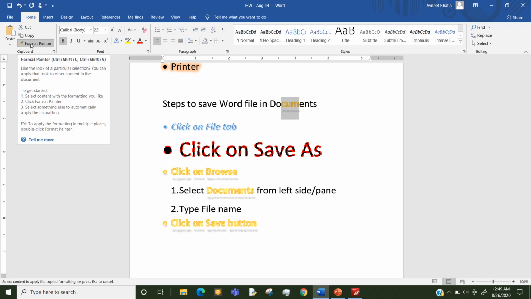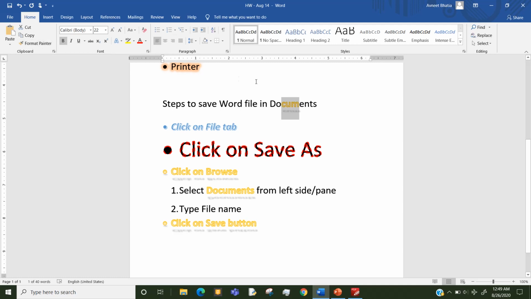So I am clicking back on the Format Painter, and now see my cursor has become a standing cursor and that brush is gone, and now if I click and select, nothing is happening. So I hope you have understood how to apply Format Painter to copy formatting from one text to another.